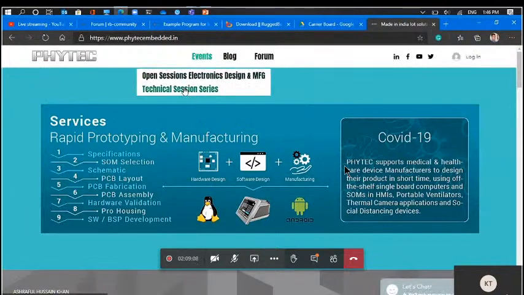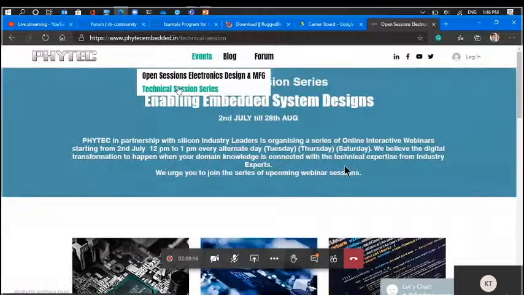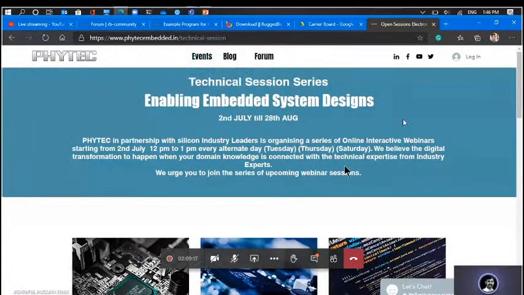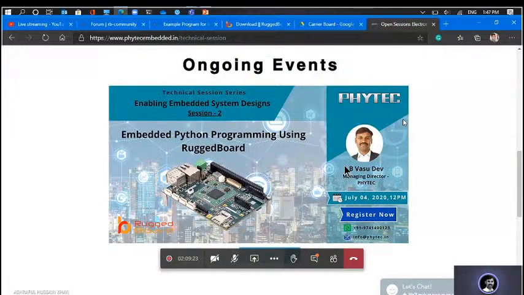The MRAA library is developed in C++, and it also provides high-level language bindings like Python, Node.js, and JavaScript, wherein you can write high-level programs with user friendly APIs. We talked mainly about interface programming. Why did we spend initial time on understanding the interfaces? Because MRAA only provides the APIs to access the microcontroller interfaces. That's why we discussed more on the interfaces in the beginning of the session.